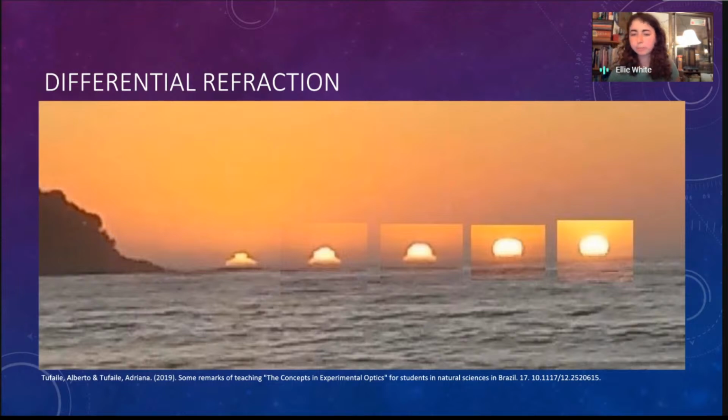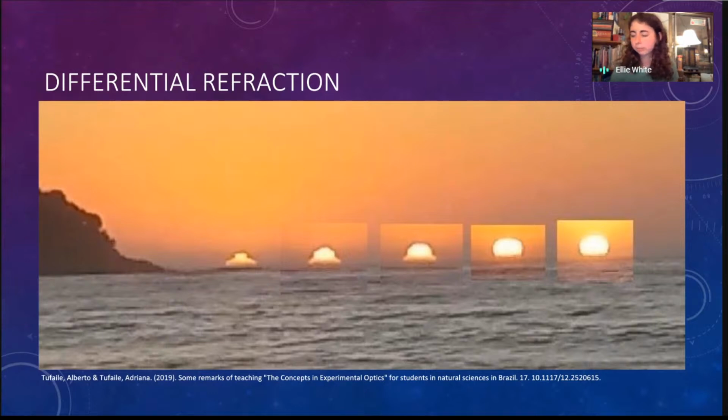Because refraction depends on zenith angle, the angle from straight up, a star field will appear squashed vertically. If you think about pointing slightly down from the zenith, your source is going to be refracted slightly up. If you look slightly further down, it's going to be refracted even more up, so it'll be squashed in the vertical direction. The distortion caused by this is called differential refraction. The formal definition is the change of the apparent place of one object relative to a second object near it due to atmospheric refraction.